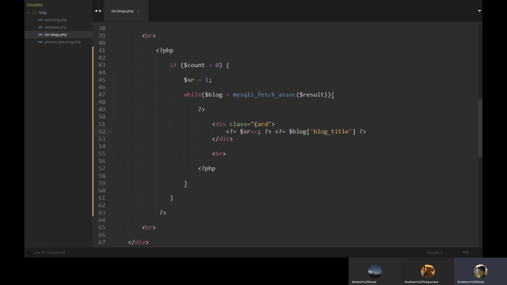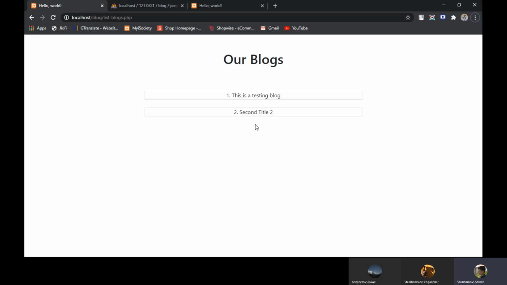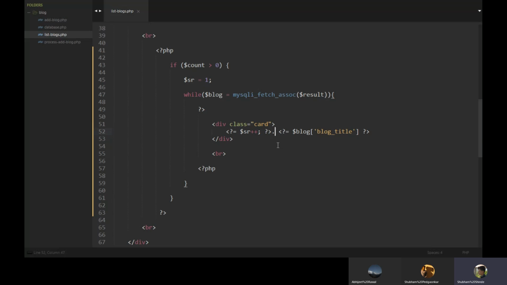We'll put a dot between those numbers. Okay, 1 and 2. By default it is coming in the middle because we have used the center tag, so we will move it to our left. We'll define it in a span and end it after the PHP code.